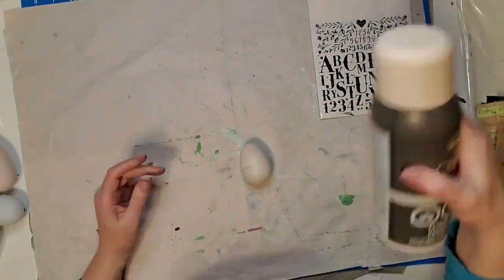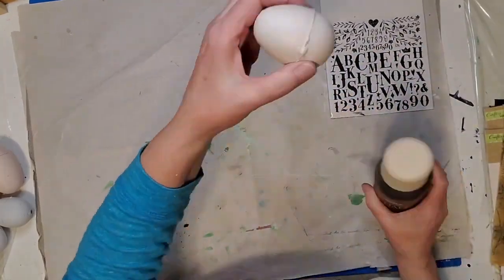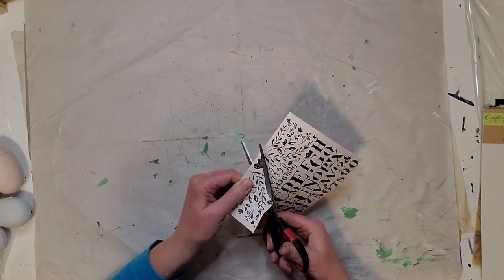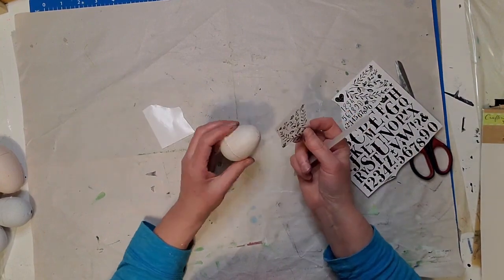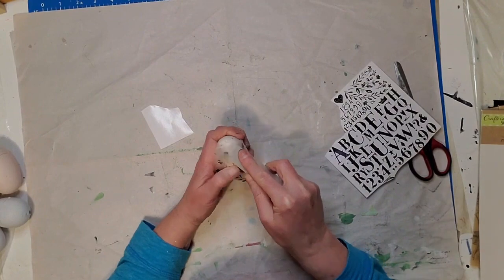So the next DIY, and I think this is the final one, I'm just going to decoupage some eggs here. These are from the Dollar Tree, and I couldn't find the pictures of what the eggs look like before because I've been having